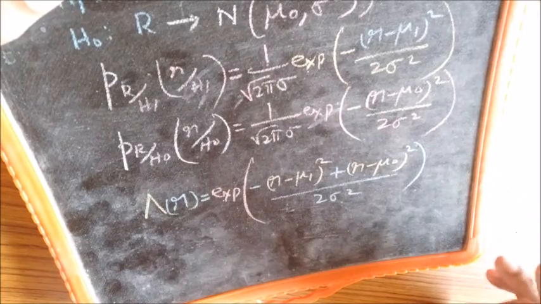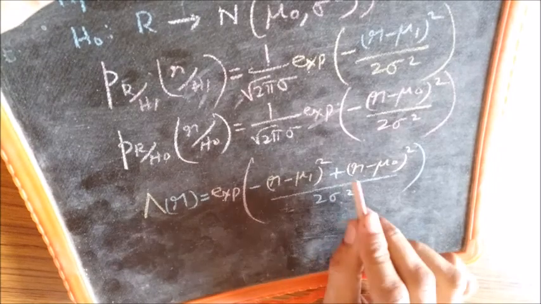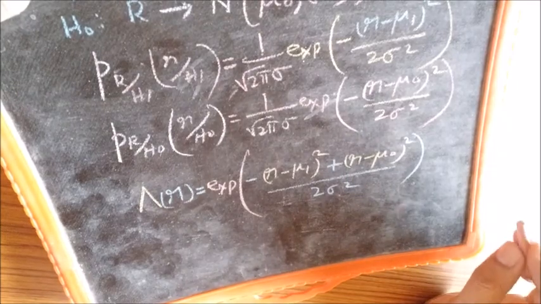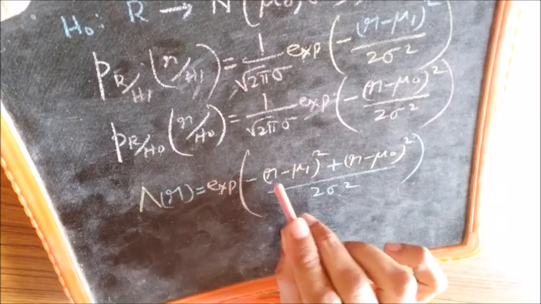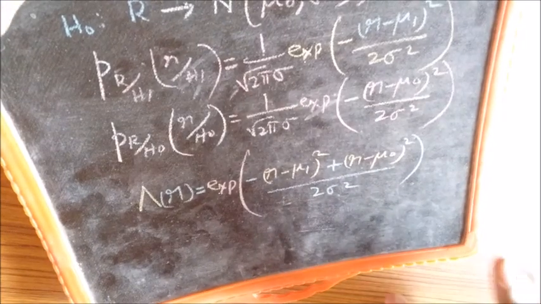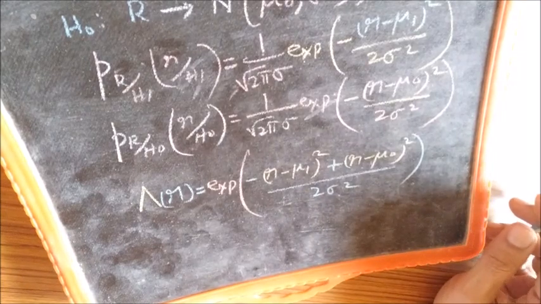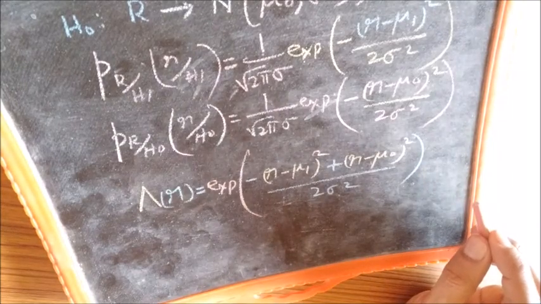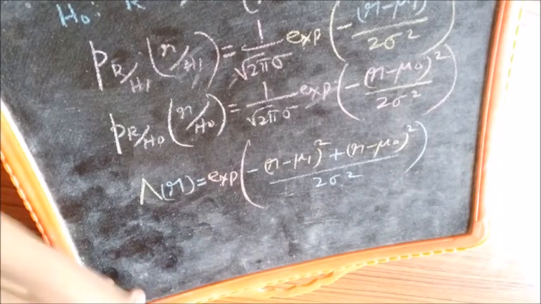And upon expanding the square terms in the numerator of the exponential term, we see that you get r square and r square, it gets cancelled, minus 2r mu1, and this minus will make it 2r mu1. Similarly, you have minus 2r mu0 here, so we can combine those terms, and then you will have a minus mu1 square and a plus mu0 square. So when we expand the numerator term here and cancel the r square term, we will end up getting